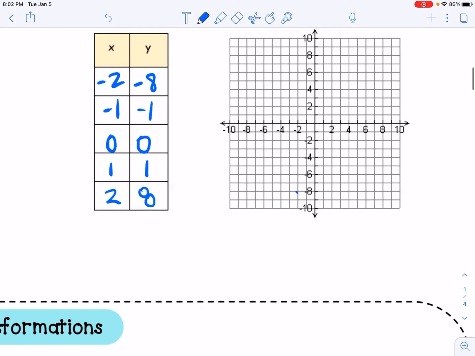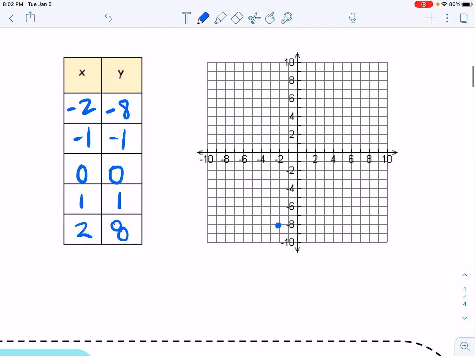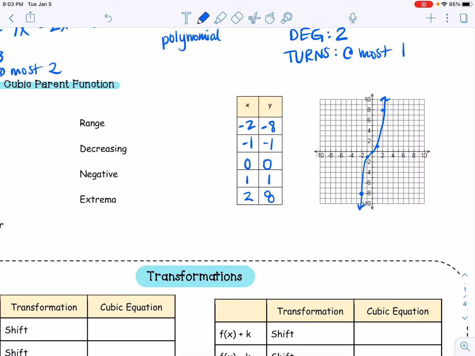Oh, let me make this a little bit bigger. Negative 2, negative 8. Negative 1, negative 1. 0, 0. 1, 1. And 2, 8. And when I go to connect those dots, I get the parent cubic function. It's kind of like this snaky, squiggly, not really squiggly because it doesn't really go up and down, but just